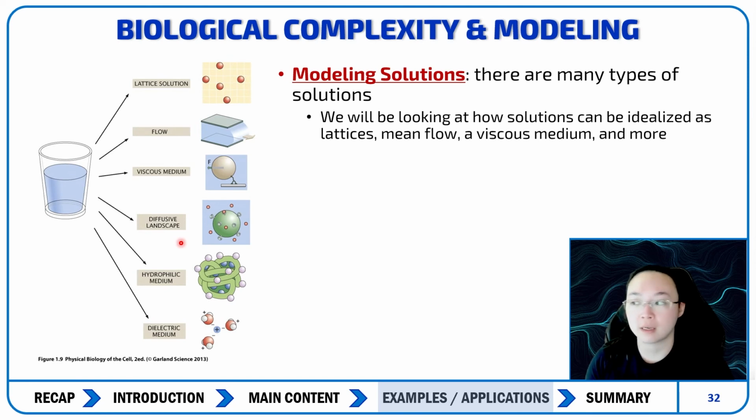Over here, we have a diffusive landscape, so basically a fluctuating environment that gives rise to random motion in macromolecules. You have a hydrophilic medium that readily dissolves polar molecules but repels oil-like molecules. And finally, you can have a dielectric medium,